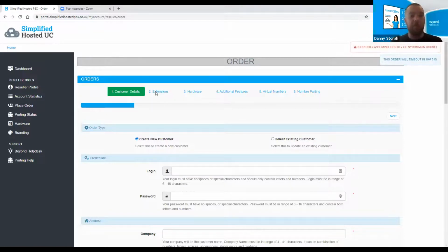Extensions you can delay. If you've got ports coming over to us, it might take 2, 3, in some rare occasions even 4 weeks for a number port to come over. We can delay billing you until the point that your services actually go live, which is a great added benefit that we can do. We can, though, also have a completely new functioning customer up and running within less than